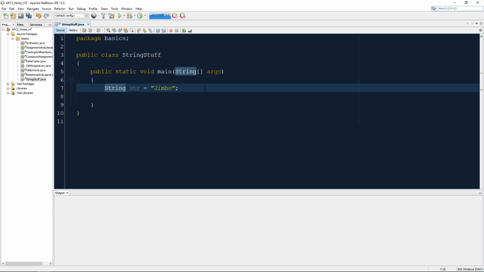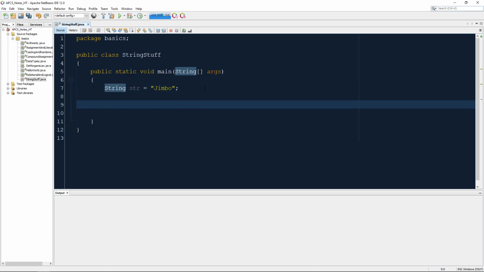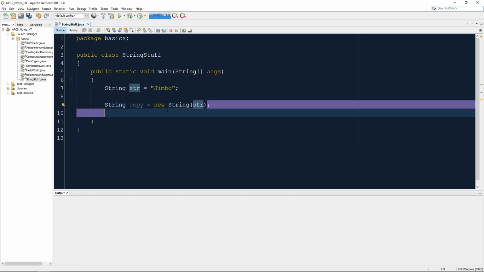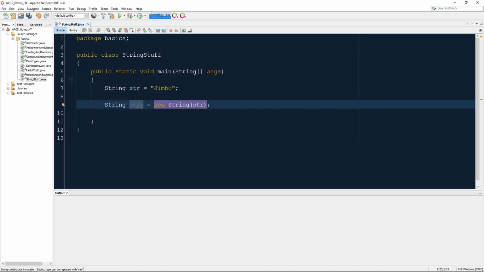before we start with the actual methods, another way of creating strings, which may seem odd, but essentially gives us an ability to make copies of other strings. This is one way we can make a copy. So we can say something like String copy is equal to new String(str). We'll talk more about what these things do, but we'll call this a string constructor, and we will see more about constructors in other classes and how we can make our own. But for now,